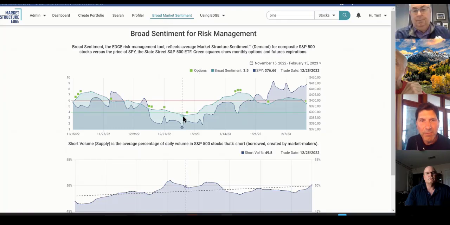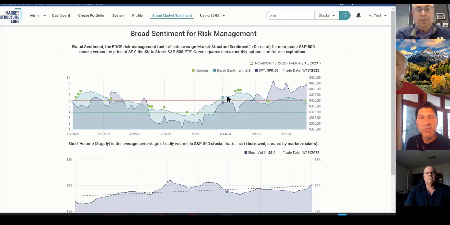But here's a bottom. When the whole broad sentiment drops below the green line, 100% of the time in the data set, that has been a signal to increase exposure. It might be short term for the equity market. When it goes over the red line, particularly at about 6.5, 100% of the time the market has declined within the next one to two options expiration periods. So then you have to be a little more tactical. If you were trading SPY, you'd say, well, look at all those great gains. Very volatile, though. That's difficult, so you could avoid that.